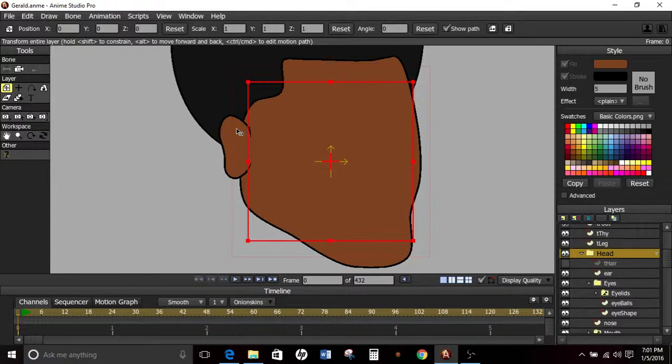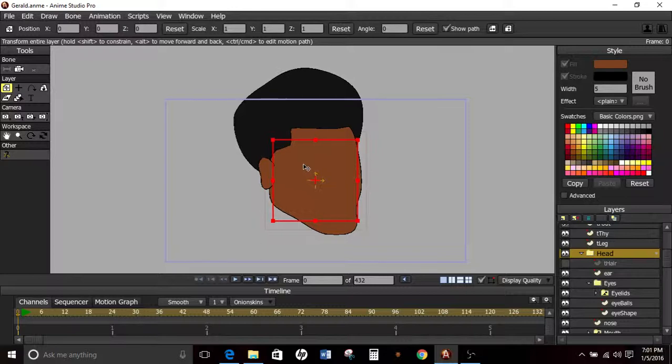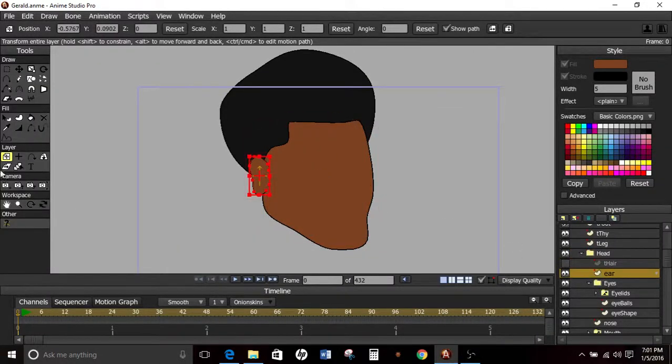So, open up your last character. I hope you saved. I forgot to tell you to save. I'm sorry. Open up the character, the file. This is my file. One thing I forgot to add, if you go to the ear and you click on